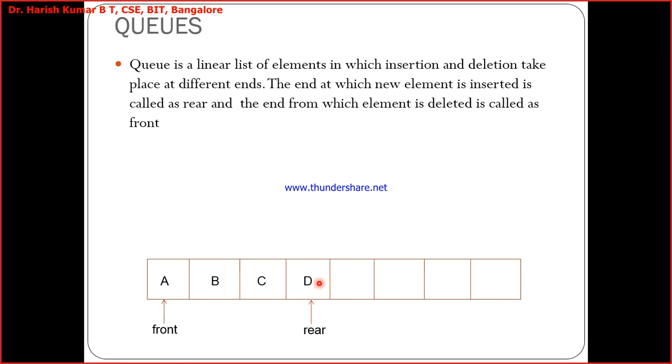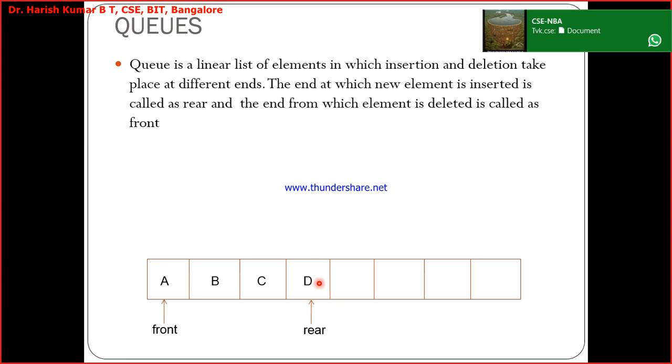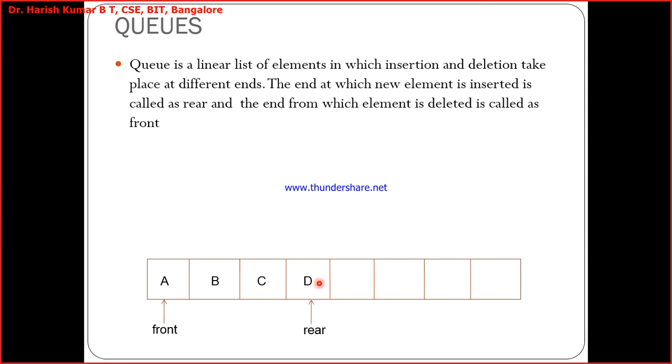So we have two pointers there. In stacks there was only one pointer, top, initially initialized to -1. What we are discussing now is the ordinary queue. Similarly, in queues you also have something called a circular queue, priority queue, D queue, all these things. But what we are understanding now is an ordinary queue with two pointers, front and rear. A new element gets added to the queue at the rear end, and when you delete an element from the queue, it gets deleted from the front end. There are two pointers, you have to remember this: front and rear.